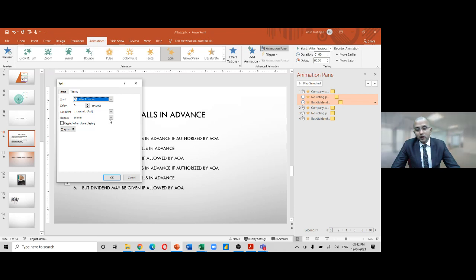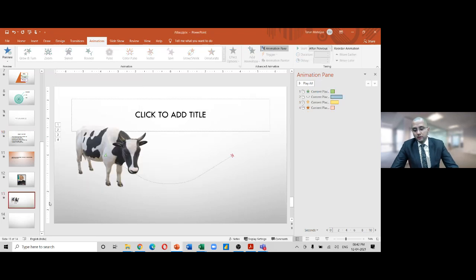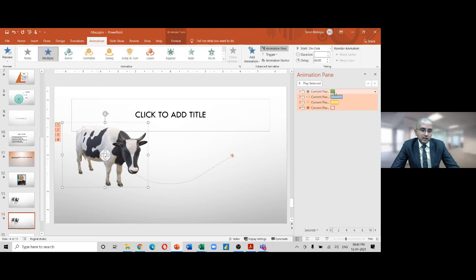Now you have one wonderful thing, rewind when done playing. Somebody was asking me about rewinding. So let's do this in this cow animation. Let me duplicate this slide. So I'll just click here and I'll say duplicate slide. In duplicate slide, I'll remove all animations. I'll keep just